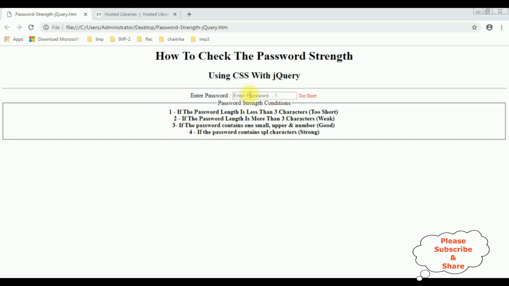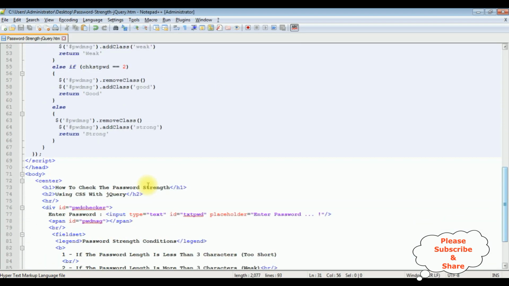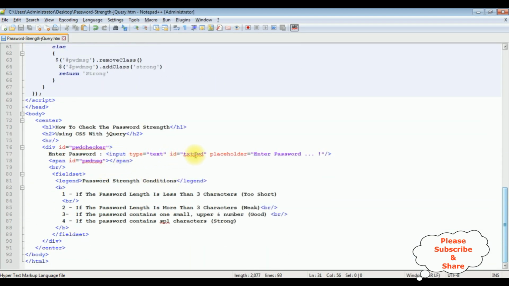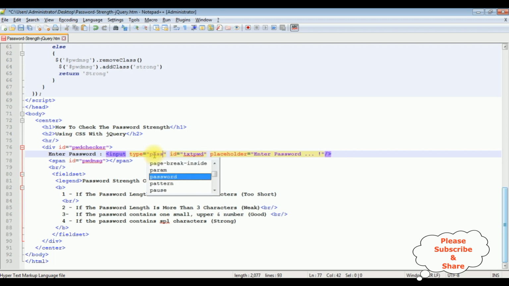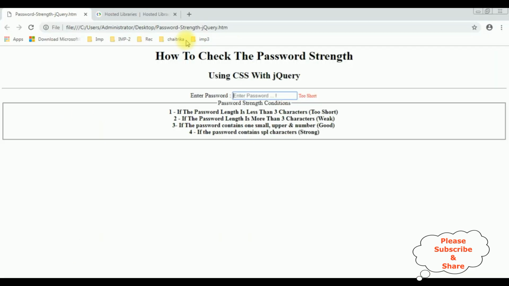Now let's make this text box mode password. Come to the bottom, in the text box ID, type the text mode as password. Save the file. I'm reloading the browser. So now